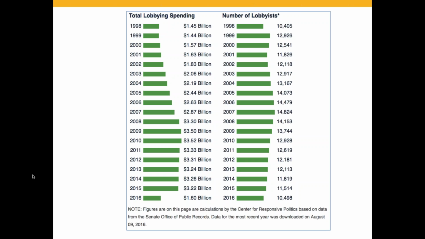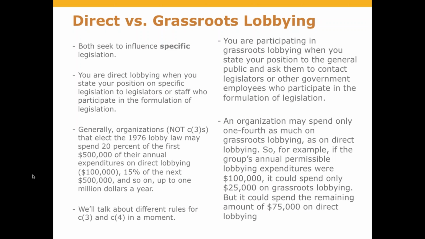I want to emphasize that these rules are very liberal in terms of what does or does not constitute lobbying in either case, and you shouldn't feel the need to write all this down or break out a calculator. Again, under that 501(h) expenditure test, there are two different types of lobbying: direct lobbying and grassroots lobbying. An organization that has made that 501(h) election may not spend more than one-quarter of its overall lobbying limit on grassroots lobbying. Direct lobbying, again, is any communication with a legislator about specific legislation.